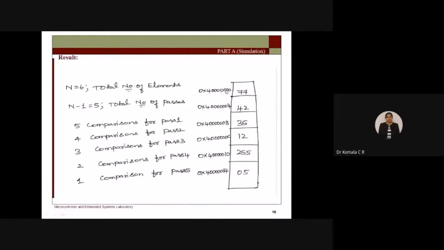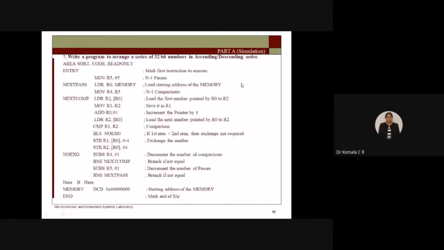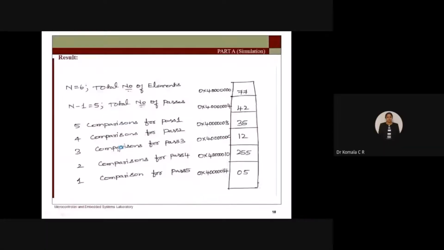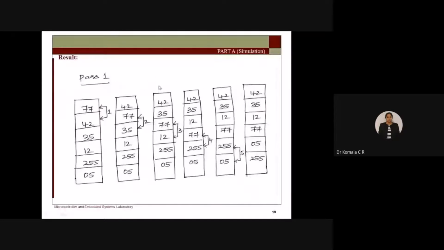So I need to store 42. For that I have the next instruction. Now I will store R2 as the content of R0. What is there in my R2? I have the second number, which is 42. I will store 42 as the content of R0. Where is R0 pointing now? R0 is at the 0th location. At the 0th location I am going to store 42. So here, see, in the first cell I have stored 42. So I am done with this.